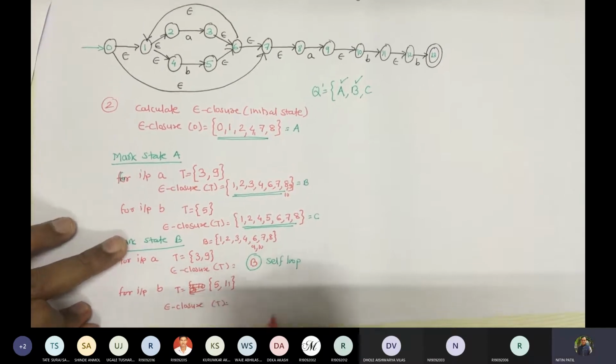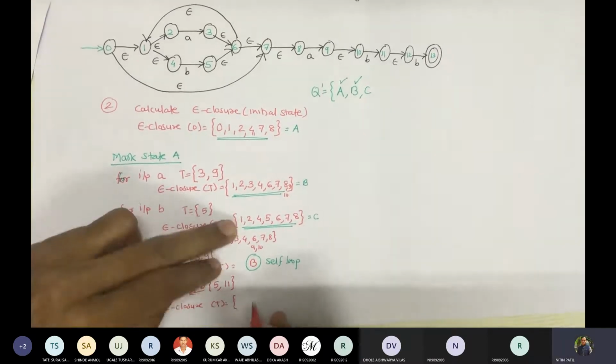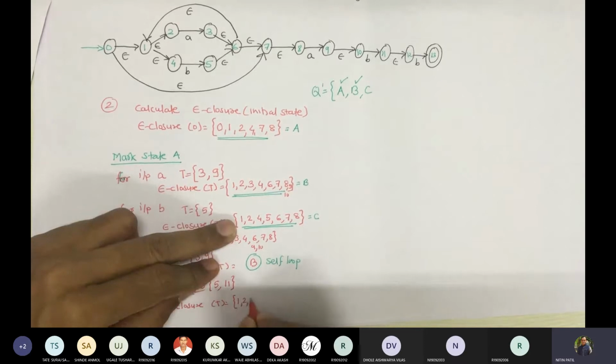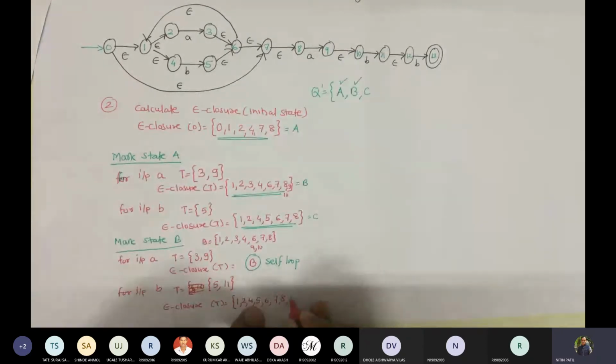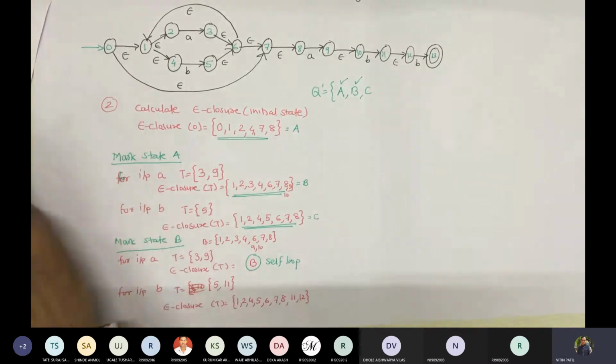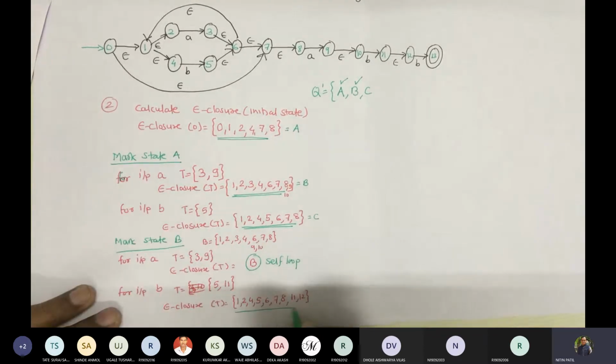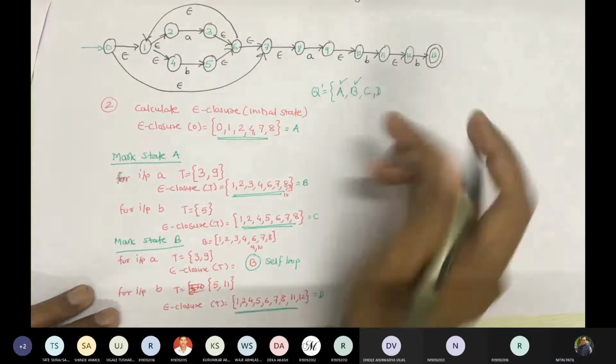What is epsilon closure of 5 and 11? For 5, you go on 1, 2, 4, 5, 6, 7, 8, and for 11 it is 11 and 12. So is this the same as an earlier set? No. So we'll call this B and add it here.